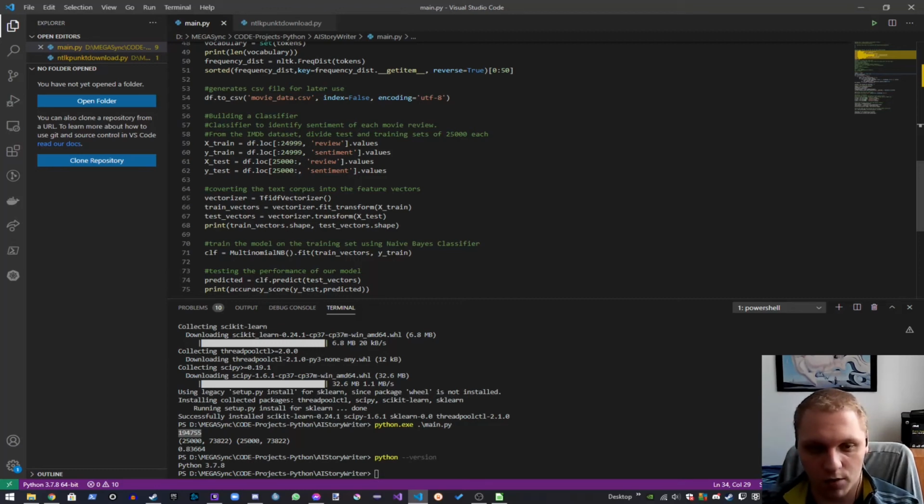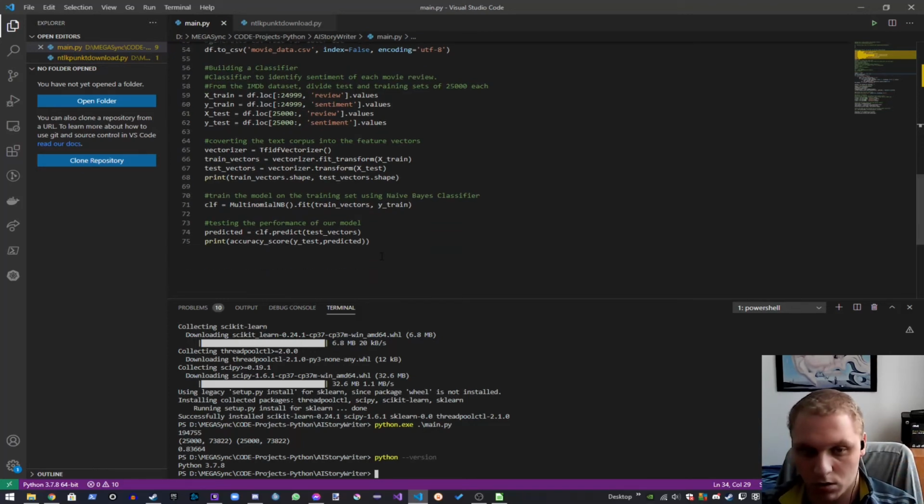We're printing out the shape of the vector for both the training and testing data, which is what we're printing out on the second line over here. We create a vector of 25,000 by roughly 74,000, and that's the training vector, that's how it looks. And then we have the testing vector. Now, if you look closely, they have the exact same values, and that's because we have them split basically in half. We have an equal amount of negative and positive reviews. So it's an ideal situation to test our model on.